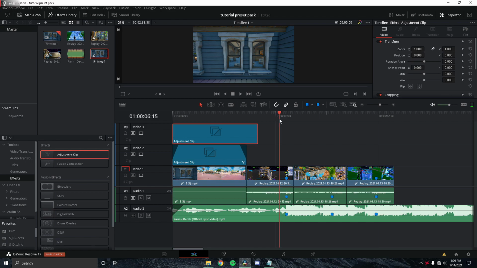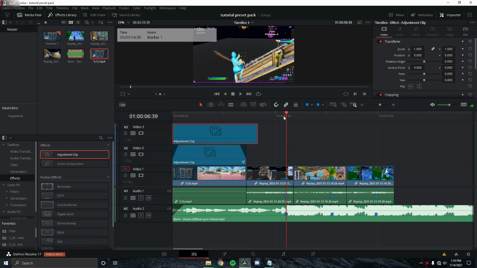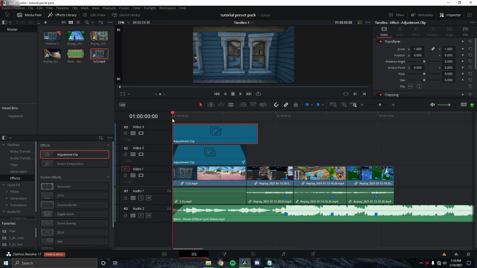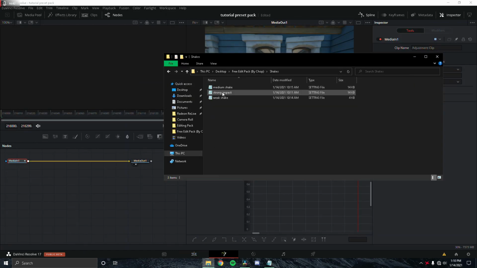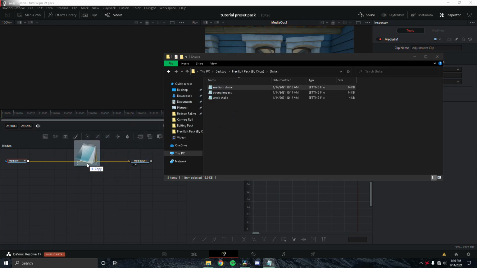This adjustment clip is gonna be the shake for this frame. What we're gonna do is go into Fusion, go to the first frame of the adjustment clip. Again, make sure it's the first frame of the timeline, first frame of the adjustment clip. Go into Fusion, and I'm gonna add in some of my shakes. So I have 3 shakes in here: a medium, a strong, and a weak. I'm gonna add in the medium, I think, for this one, and